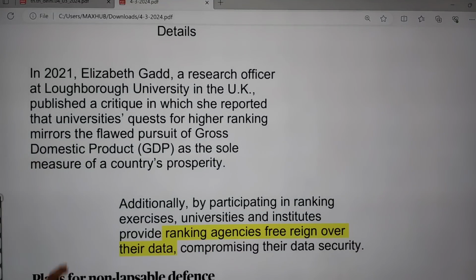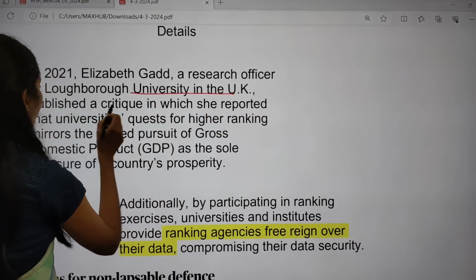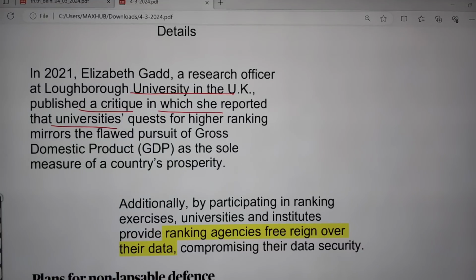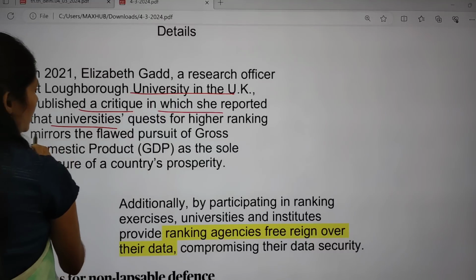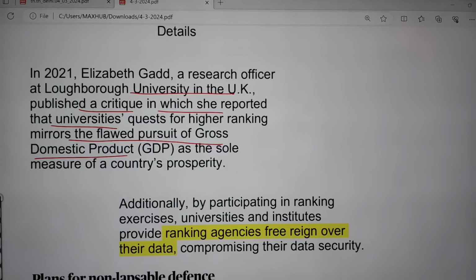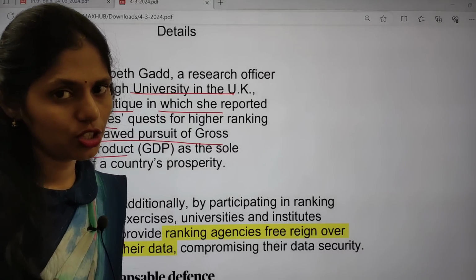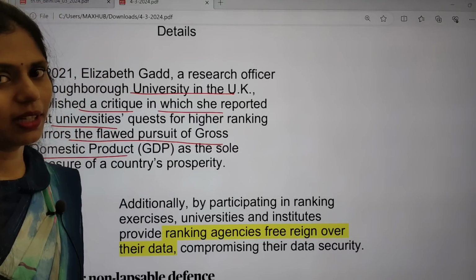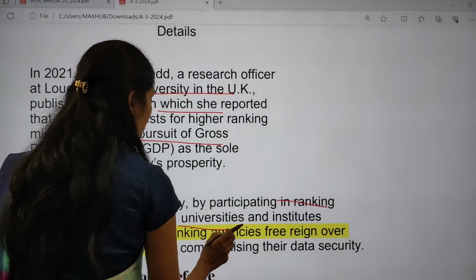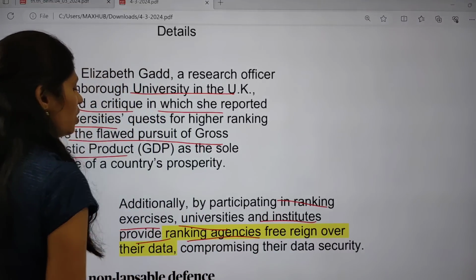In 2021, Elizabeth, a research officer at a university in the UK, published a critique in which she reported that universities have a quest for higher education rankings. So they always want to get a good ranking. Okay, so here it is mainly a flawed pursuit, like gross domestic product as a sole measure of a country's prosperity. So we are measuring the rankings of institutions as a sole measure of the country's prosperity, but that is not correct. Additionally, by participating in the ranking exercise, universities and institutes give ranking agencies free rein over their data,